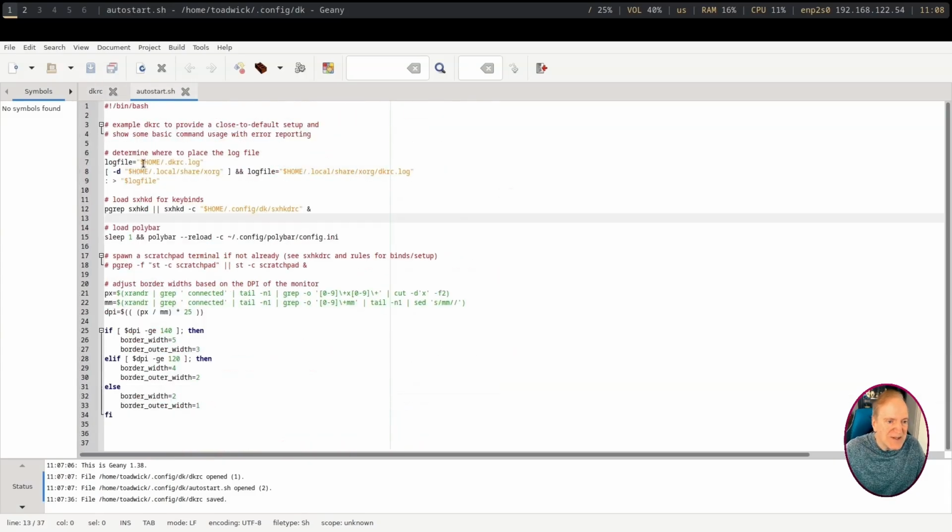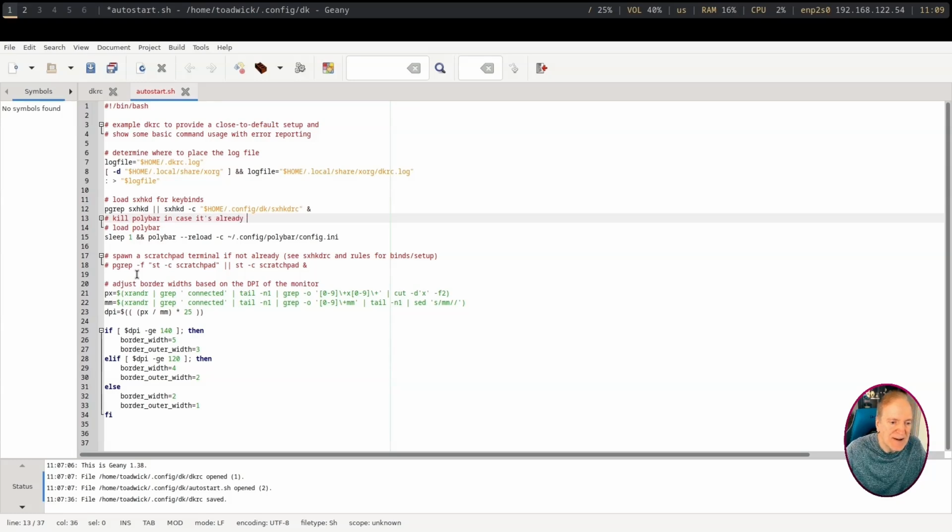Excellent. And let me jump over here to our autostart.sh file because, oh yeah, I wanted to let you know I added in sleep 1 and then 2 ampersands, which is "and". That way, if we add things to the polybar, it gives it time to load. So it's just something to kind of make it more efficient. But I want to kill the polybar here when it first loads the autostart.sh, because you notice at the top